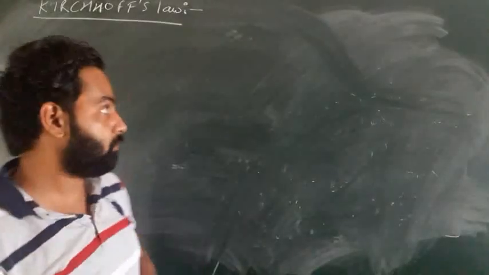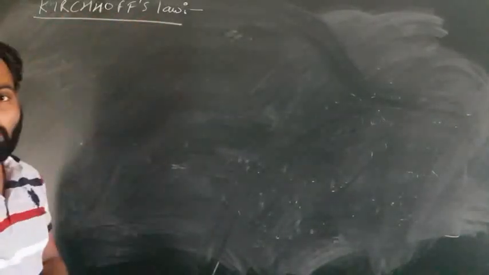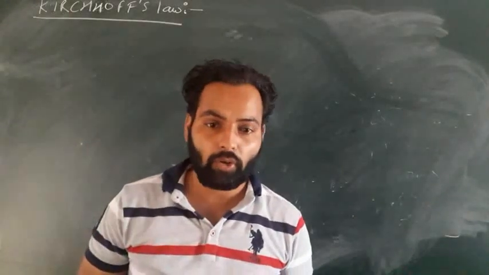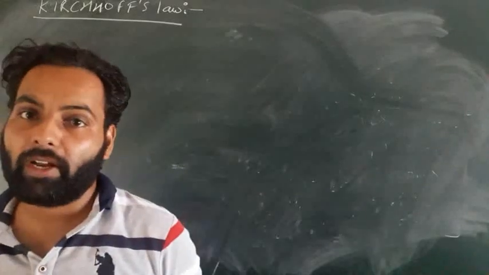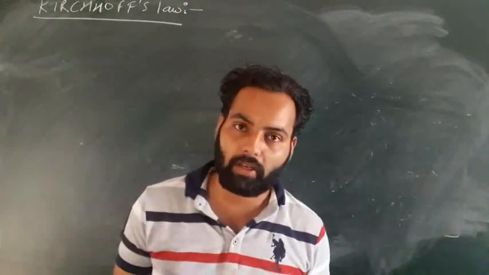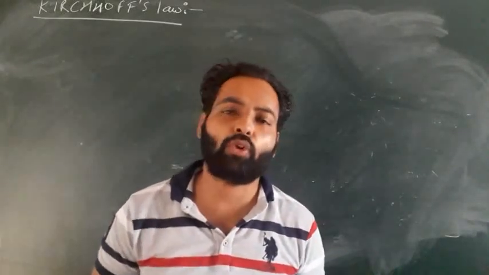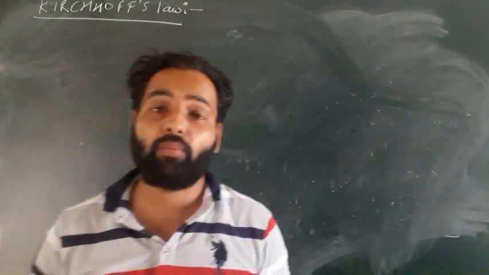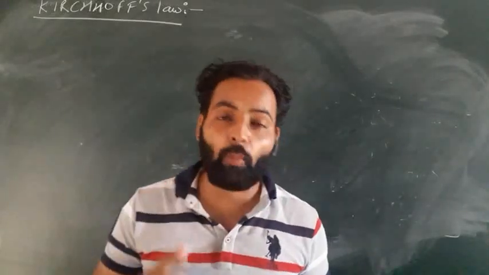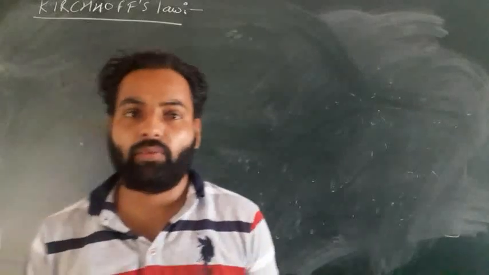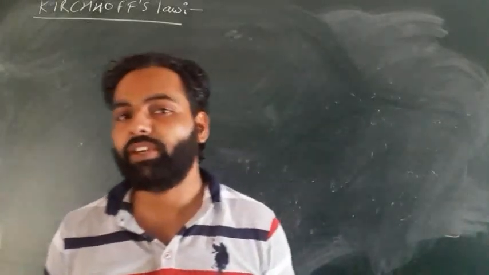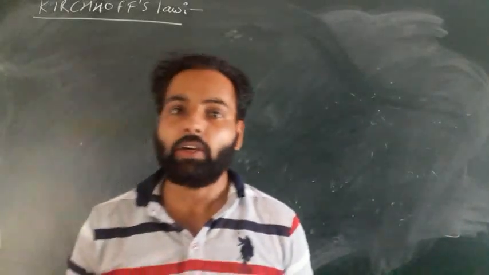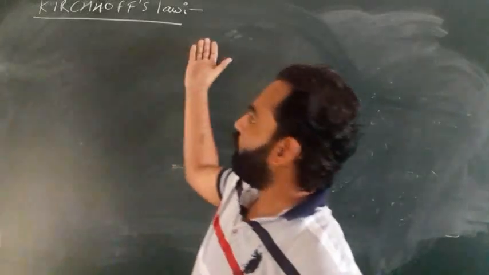Now the next topic, Kirchhoff's law. See what Kirchhoff's law is and why that law is in your syllabus. Previously, if we wanted to find the value of V and I, meaning the current or potential for a circuit, we simply used Ohm's law, V equals IR. For a complex circuit, if we want to find the value of V or I, Kirchhoff's laws are given. Kirchhoff gave two laws.